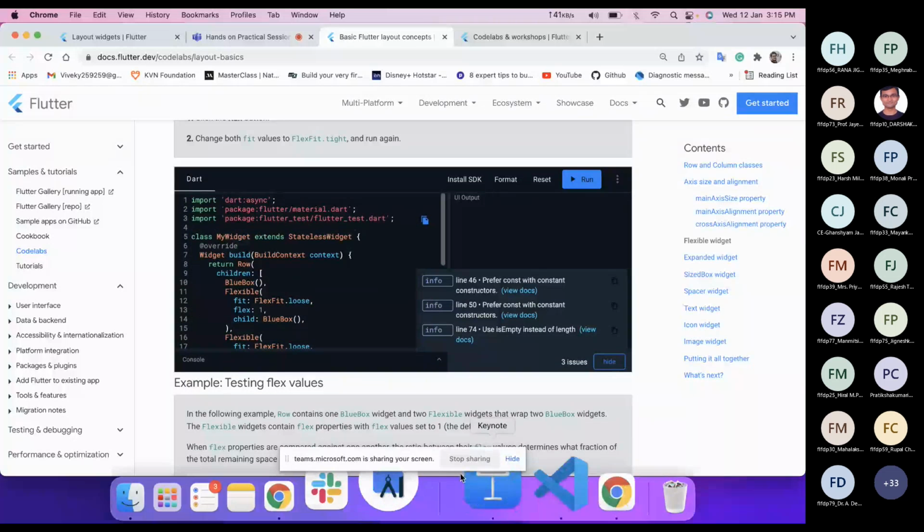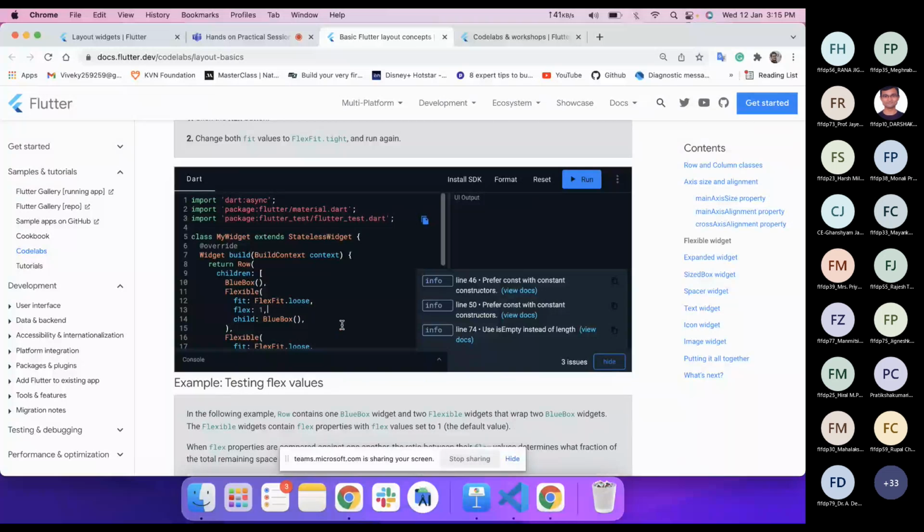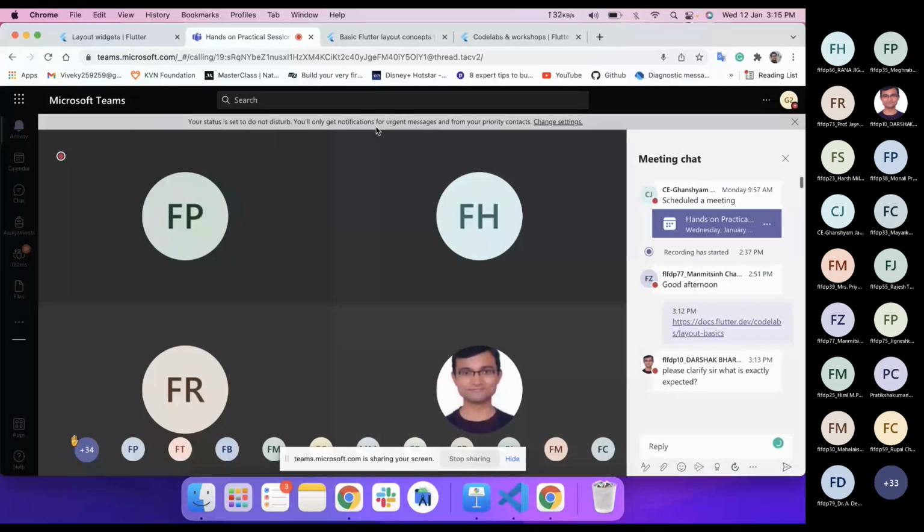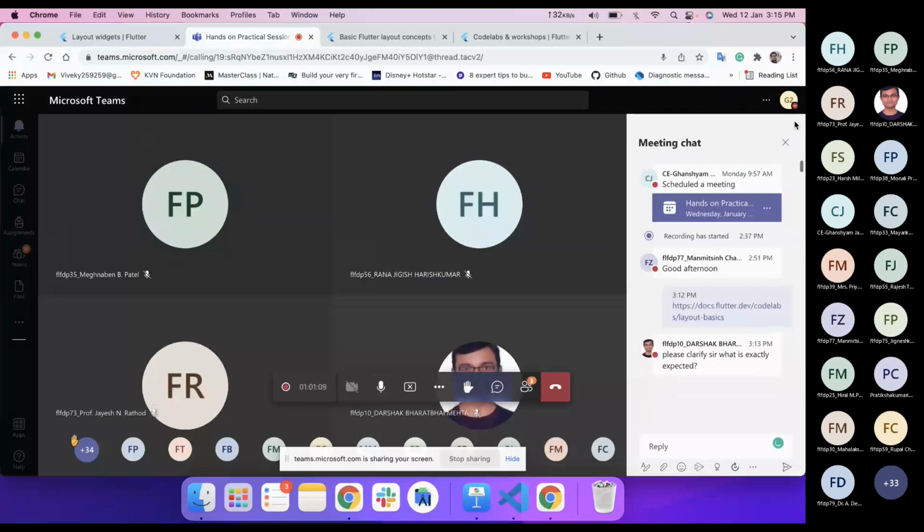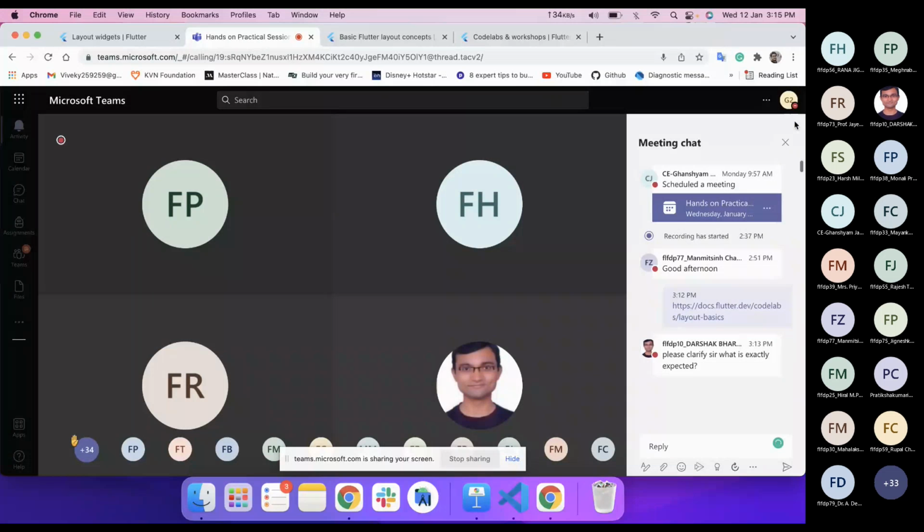Update that code, and then after updating it in your VS Code, upload your Dart files to GitHub, and then share that GitHub link with Drumil. Is it too much, or is it doable in one day? We'll try, sir. Okay, great, that's good.